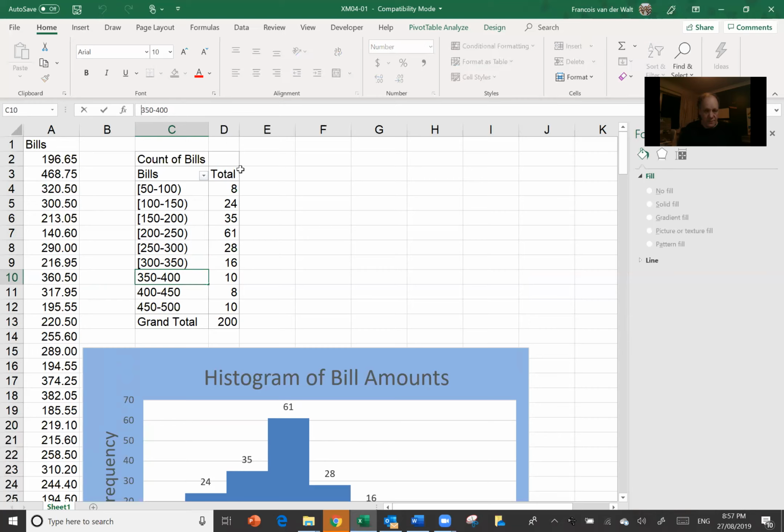So this is also called a distribution. On the right hand side, what's under total is the frequency of how many bills occur in this particular bracket. And hopefully you can see that this is a very good analysis. If somebody says,